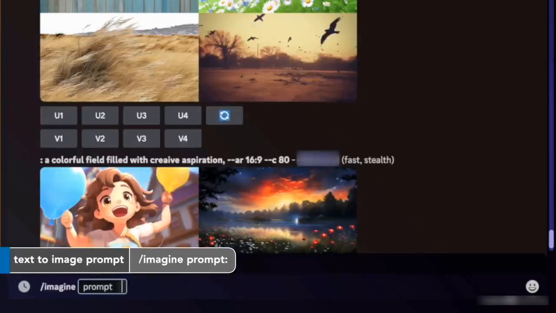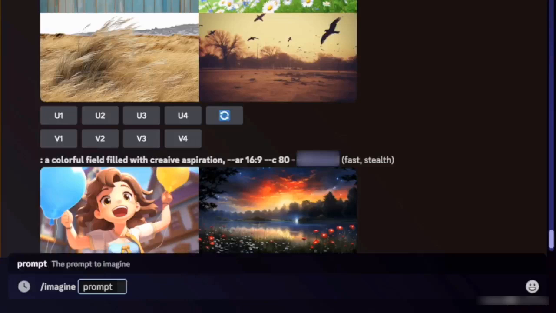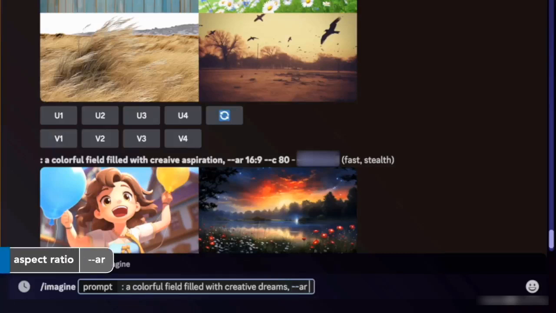First of all, we're going to enter a prompt, and in this case, we'll use our handy Imagine prompt. So I just press the slash key followed by selecting Imagine with the tab key. I'll follow that with a colon, and we're going to just type in a colorful field filled with creative dreams. So a little abstract, but let's follow that with a comma and use the handy aspect ratio command. So I'll press --AR, follow that with